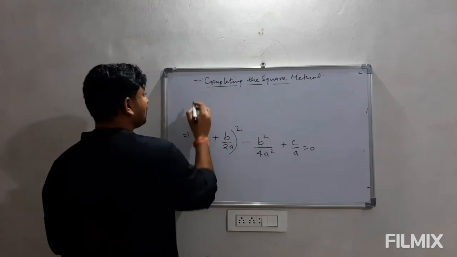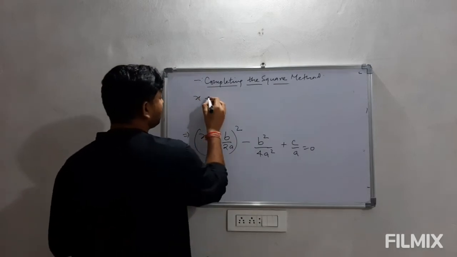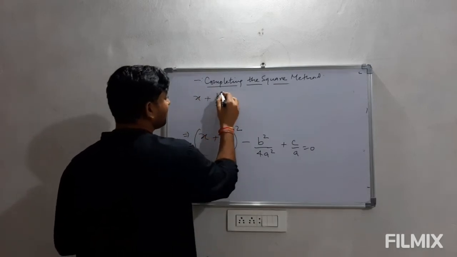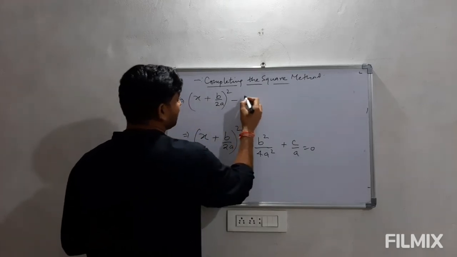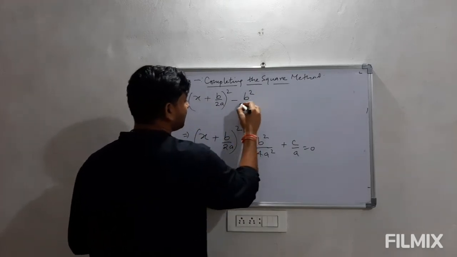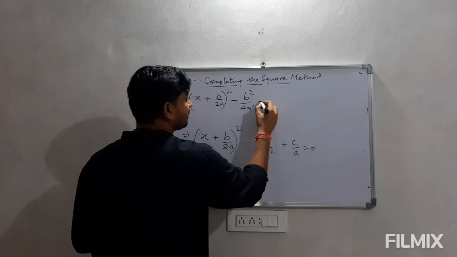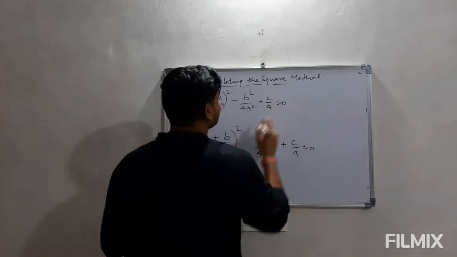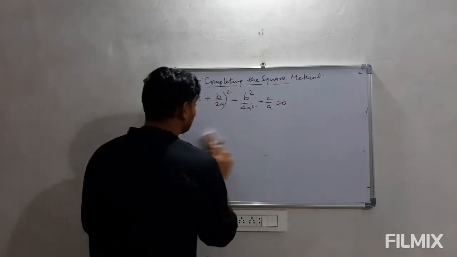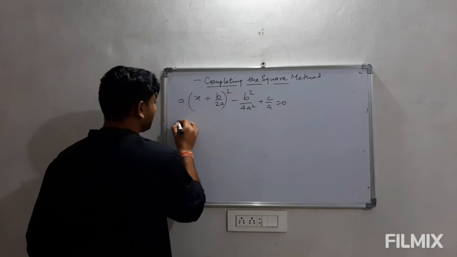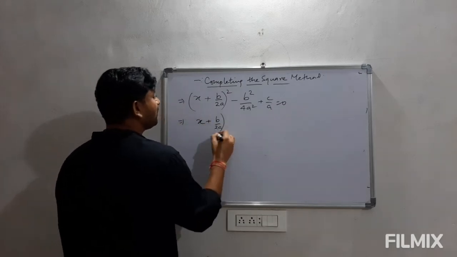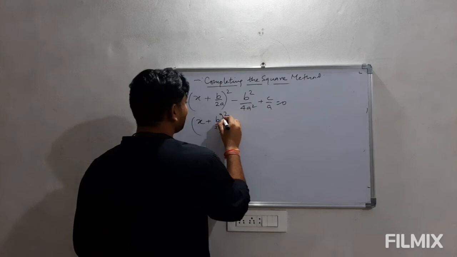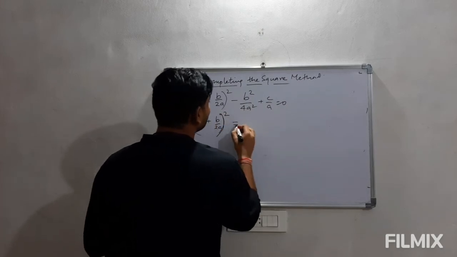Now we'll try to solve this further so that we can get the value of x. So here what we have to do is, we will rewrite it here. Now in this process, as we have got a perfect square, we will shift the remaining portion except this perfect square to the other side.